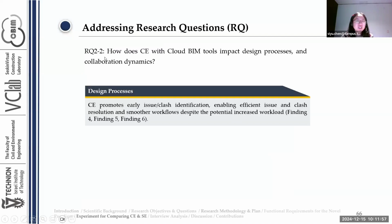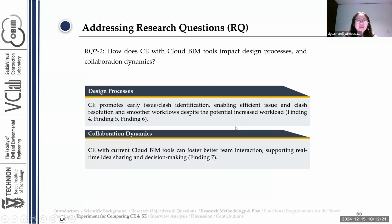The second research question: how does CE with Cloud BIM tools impact design processes and collaboration dynamics? In terms of design processes, CE promotes early issue and clash identification, enabling efficient issue and clash resolution and smoother workflows, despite the potential increased workload of more clashes and issues. And in terms of collaboration dynamics, CE with current tools can foster better team interaction, supporting real-time idea